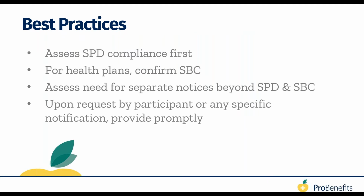So finally, just wanted to leave you with some best practices to consider when you're looking at what disclosures you may be required to provide, and how and when to provide those. The first thing is to make sure that you have an SPD. Make sure that you have one in place, that it is compliant. Again, it's not required to be provided every year, but it can be a great tool to meet some of